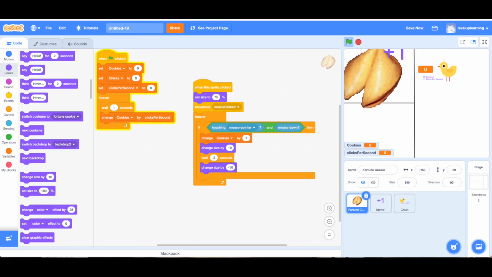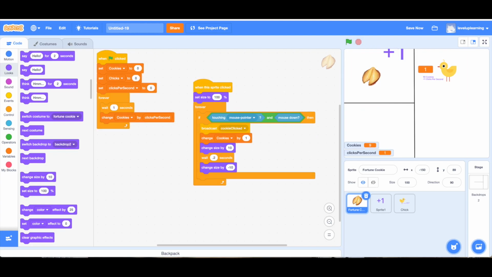Okay, flag, start over. All right, so I took a break and I moved the broadcast from under the set size to in the forever, and for some reason that fixed our issue here. So I'm going to click the flag to reset everything, and now I'm going to play the game, and as I click until I get to 50,